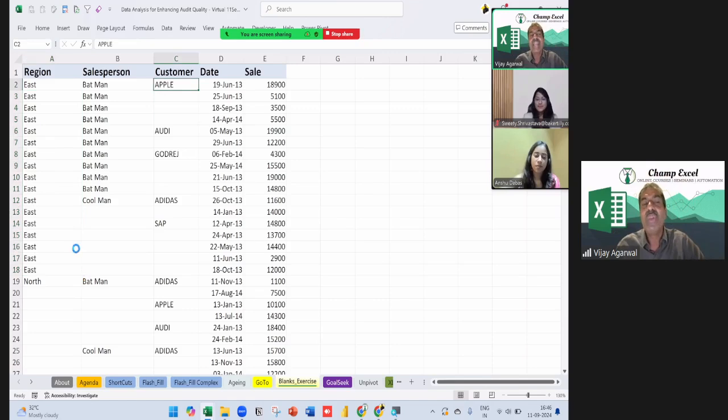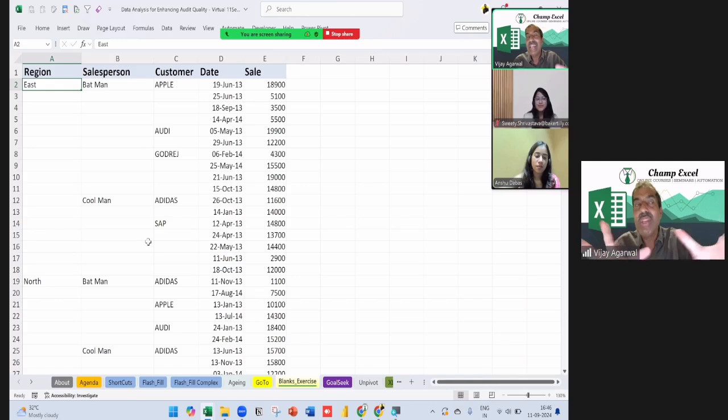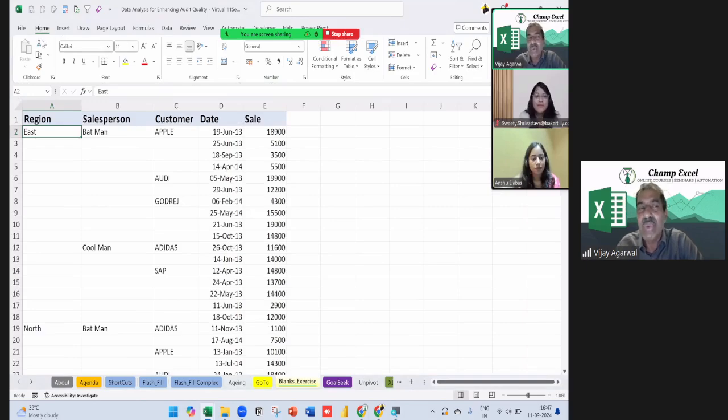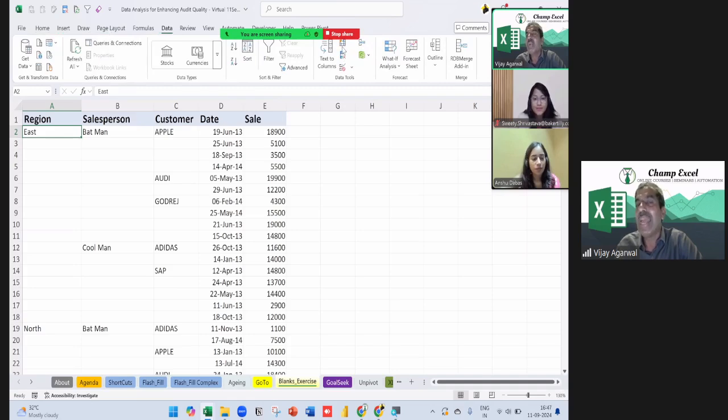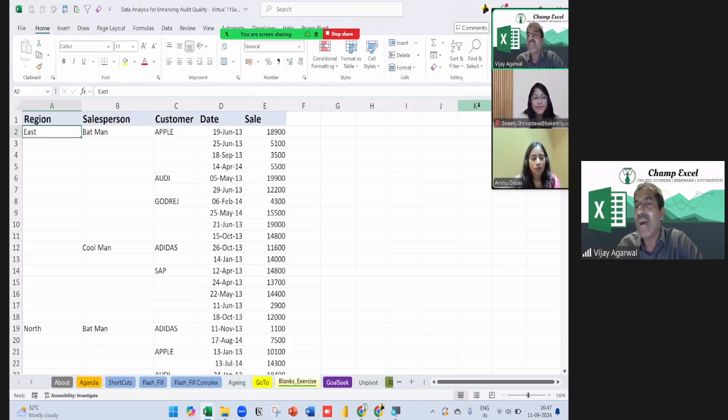For that, we should be aware of the tools, or be aware of Excel, of how the same thing, irrespective of the data size, we can do within seconds, not minutes. Whether you have 50 columns or 500,000 rows, the same thing we can do within 10 seconds, 5 seconds. But for that, you should be aware that we have so many tools. In the Home ribbon we have so many things. In the Insert tab, in the Draw tab, and as I showed just now, in the Data tab also, we have Flash Fill.